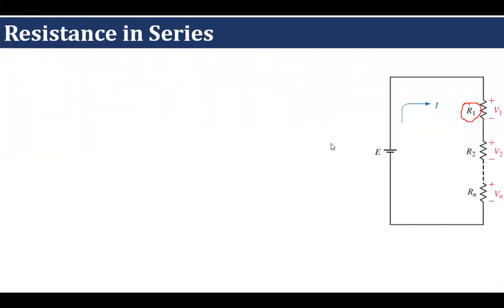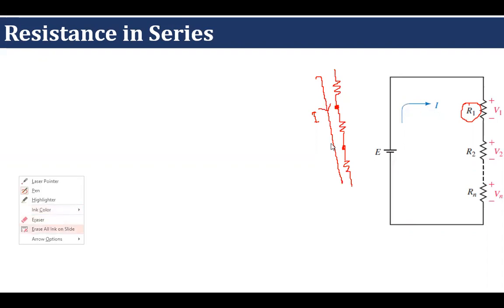For the series connection, one end of one circuit element should be connected to another end of the second circuit element, and the second end of the second circuit element should be connected to the first terminal of the third element, and so on, and all should have an equal amount of current passing through them. Okay, so the I value which is going through these networks will be the same. If this is the condition, it means elements are connected in series connection.